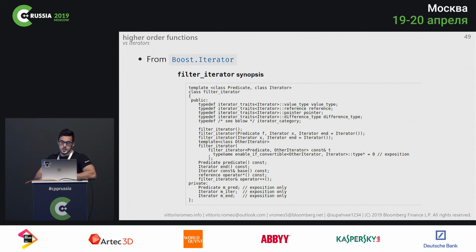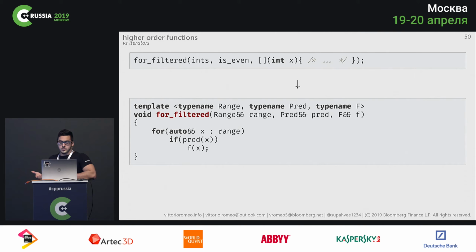to do this properly. However, for-filtered is literally three lines of code. So what you do, you provide a range-based for loop, an if check, and then call the action if the predicate matches. So again, our technique here is simply passing the predicate as an action in higher order functions, and that's it. So you can see that there is a very big difference in implementation complexity and flexibility of these